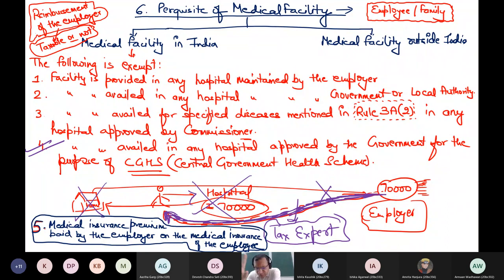In these 5 situations, 100% medical expense received by the employee from the employer is tax free, provided these are in India. If you have availed medical in any government hospital, or hospital maintained by local authority, or any hospital approved by the commissioner, but in that only for those diseases which are mentioned